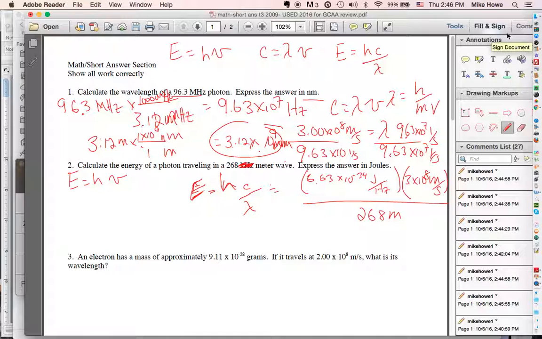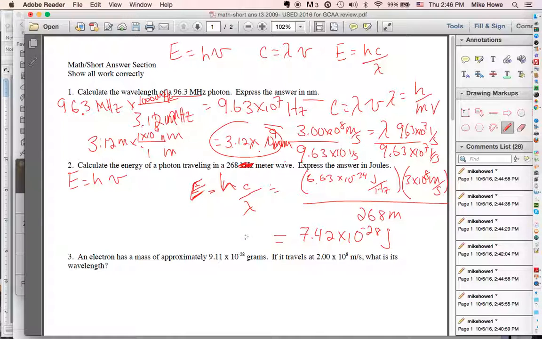Okay, times 3 E to the 8th. Then I'm going to divide. I get 1.989 E negative 25, which means 1.989 times 10 to the negative 25th. I'm going to divide that by 268. And that's going to give me 7.42 times 10 to the negative 28th for the final answer. Okay, so the answer is 7.42 times 10 to the negative 28th, and the answer is going to be in